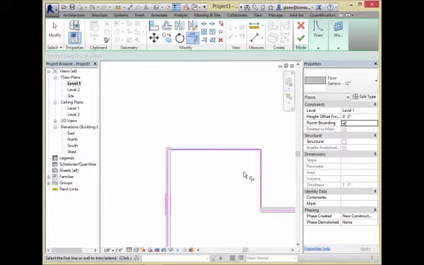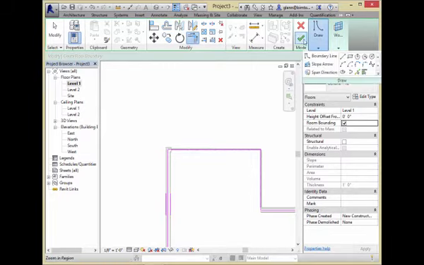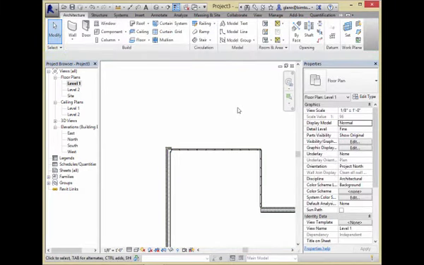So what's the point here? If you have something made of a bunch of little teeny tiny segments that are essentially in line with each other, just choose one of them and trim them, because it's actually better to have a single line defining the edge of the floor as opposed to like 16 different little segments. So keep it as simple as you can when you're drawing the boundaries. Hopefully floors make pretty good sense. Most people get floors pretty easily. The biggest difference with floors is really just, if you get the boundary right, the floors tend to work out pretty well for you. So what I'll shift to is roofs,